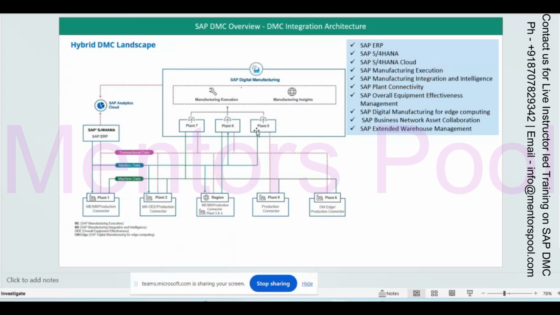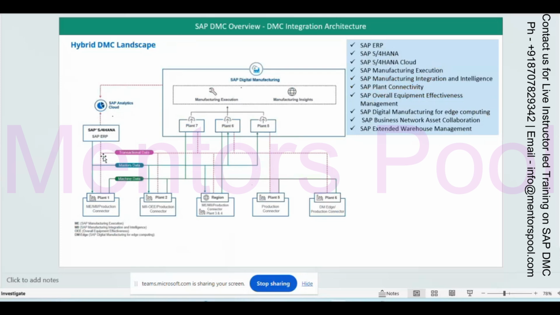The DMC is connected to the S/4HANA ERP system, right? And then you can see it is for the transactional data, or you can say the master data, or the machine data.